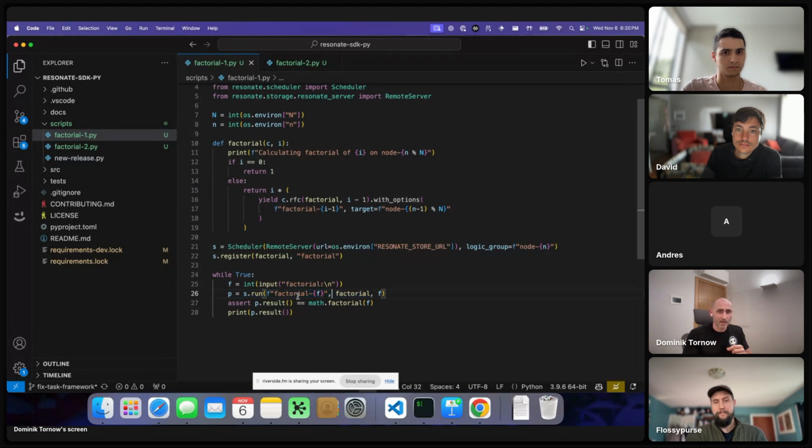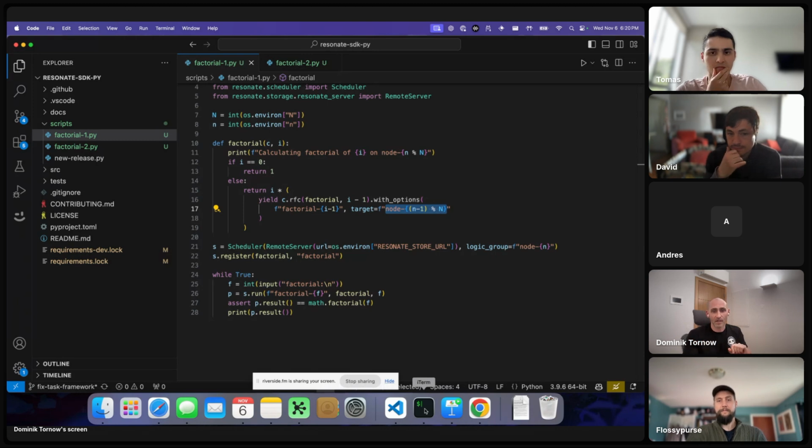So what we do here is we give the promise that represents the factorial a fixed name. So for example, factorial 5, factorial 4, factorial 3. We also do that here. And as you can see, I am messing around with target nodes, right? So if you use the default out of the box experience, then generally you do not need to worry about assigning names, for example, or group identifiers to the different nodes that are at play.